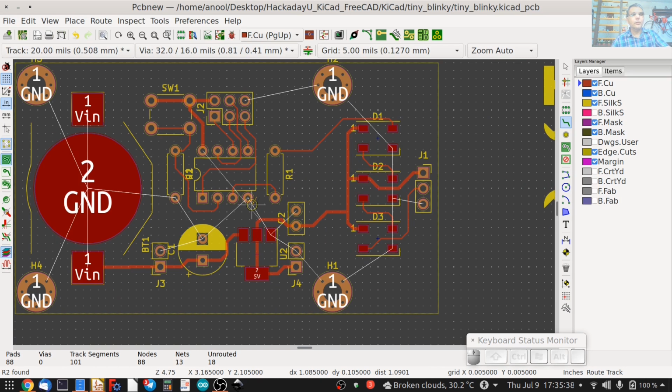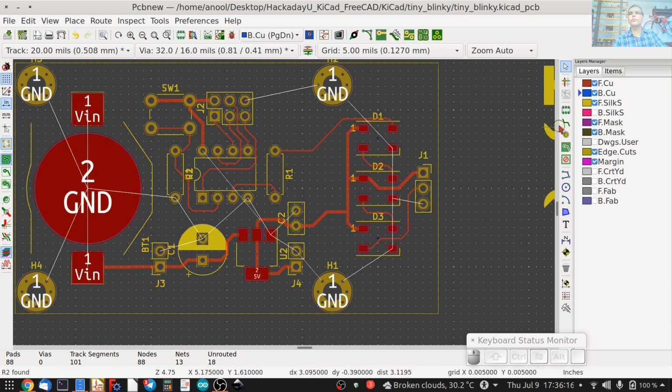What we can do now is move to the bottom layer using the page down key. And even before we do a copper pour, it makes sense to draw tracks connecting all the ground pins. I usually do it more for safety than anything else. I don't depend solely on the ground pour to connect all the points. I first make sure that I can physically connect a track between all of the points, and once all of the tracks are drawn, then I add the actual zone itself.